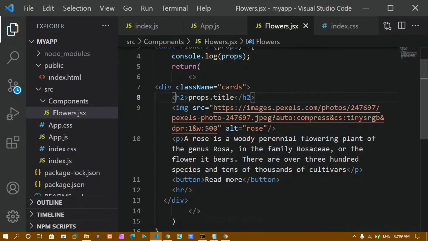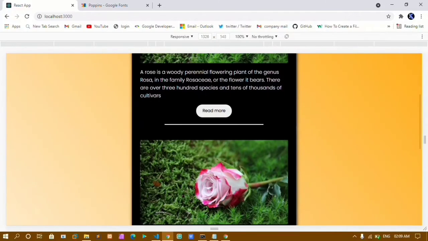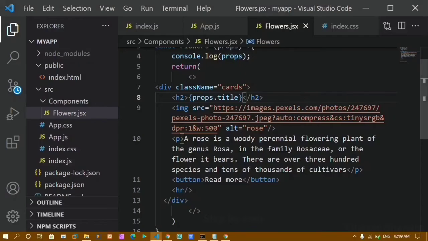So whenever we use JavaScript inside our JSX expressions, we just have to enclose it with curly braces. Now you can see I'm getting these roses. Here I'm not getting any text now because I'm not hard coding this one. Instead of this, I'm going to write in the same way